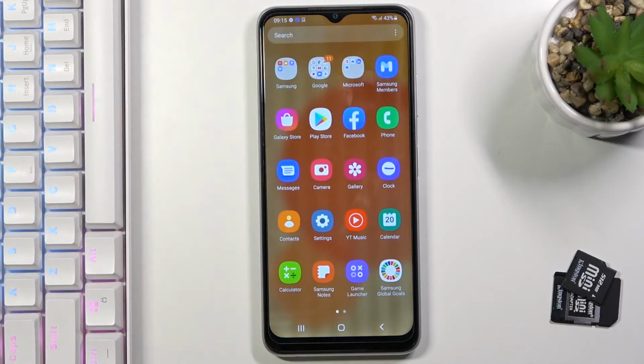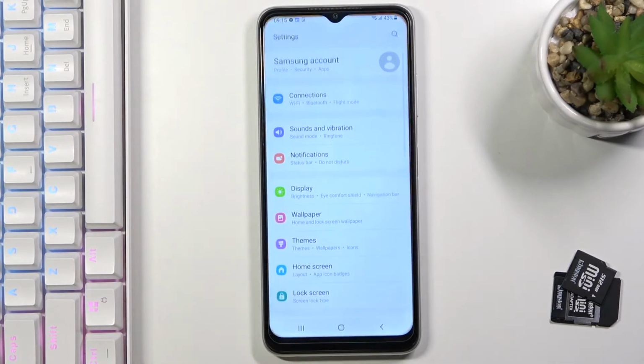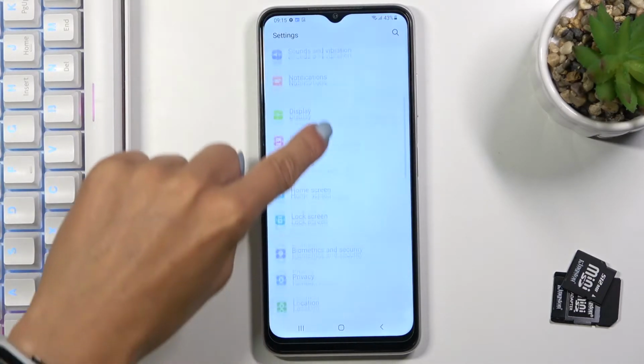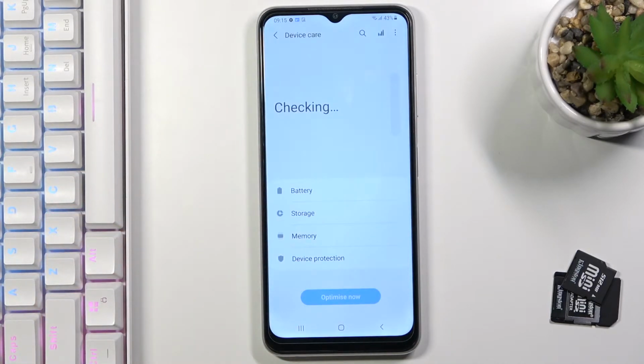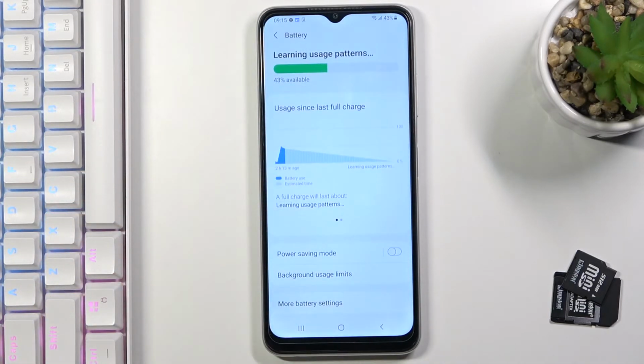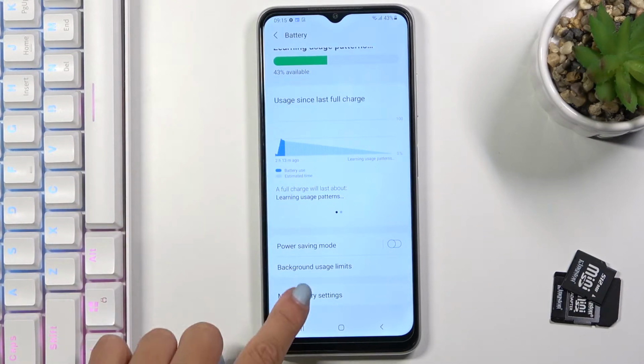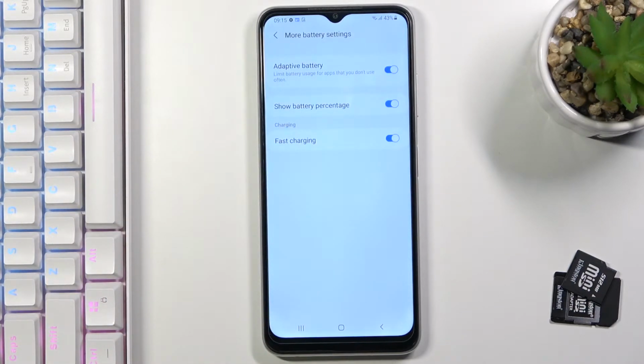So first of all, you need to open list of all apps, go to the settings then, and now locate battery and device care. And go to battery then, and scroll a bit lower, go to more battery settings, and as you can see, now in the middle of the screen, like in the middle of those tabs, you've got